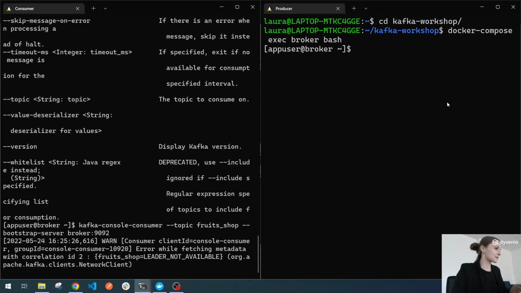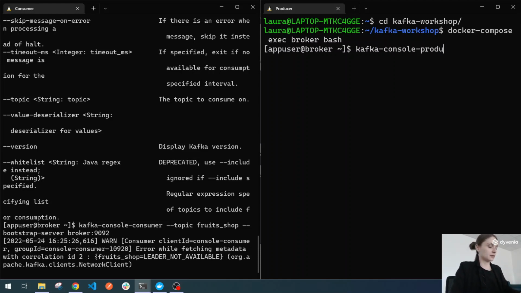This is just a warning, don't worry. It's because I only have one partition and one topic. That's why it's giving me the warning in case something fails. It's okay that we don't have a leader because this is just a demo, a very simple use case. In the other window, I'm going to create a producer, so we're going to see the messages that I produce.